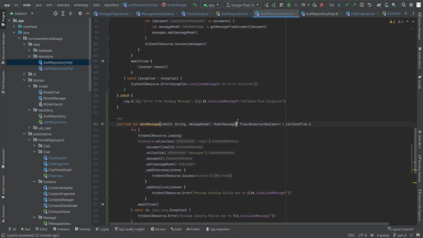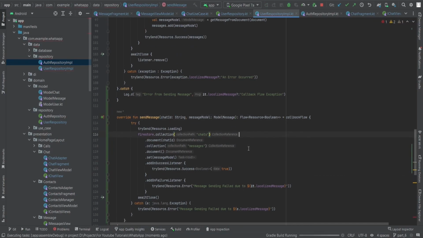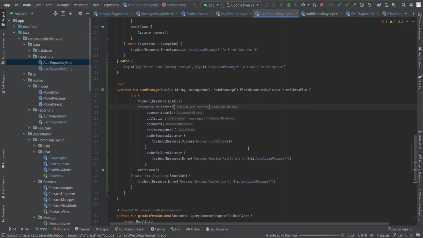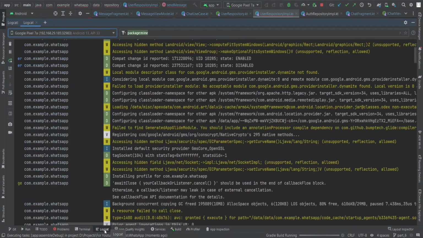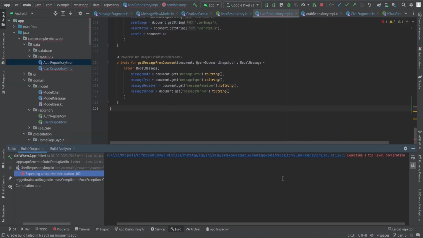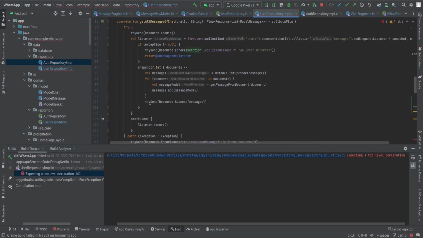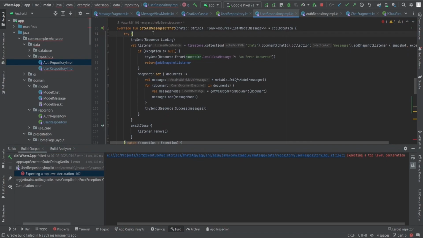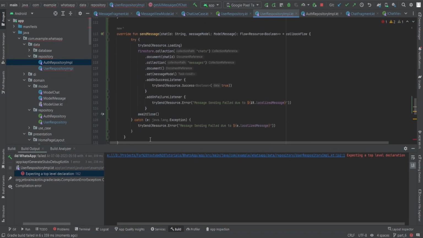Now let's run the app again and see if we get any issue or error, or if it's just going to work fine. First, expecting a top level declaration of what? Get message from document. Okay, I think get all message of chat, send message.